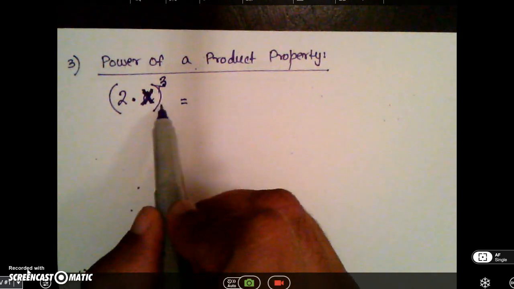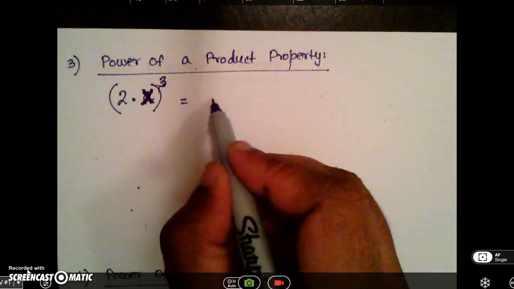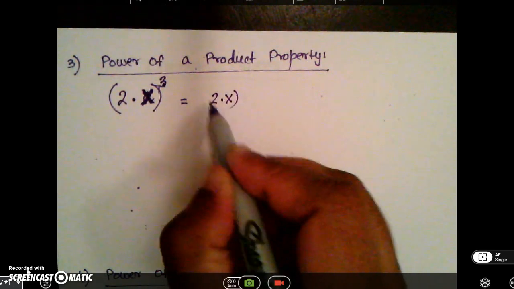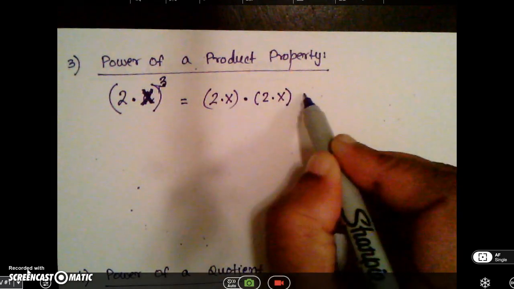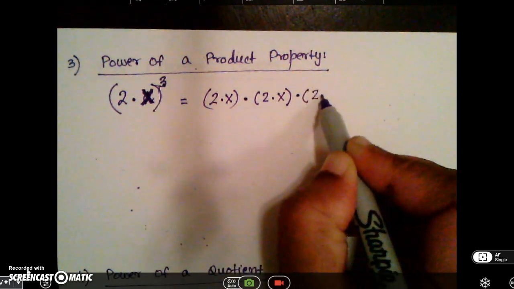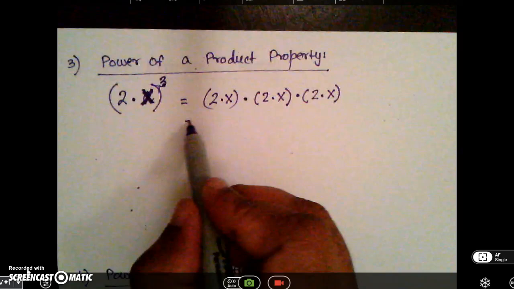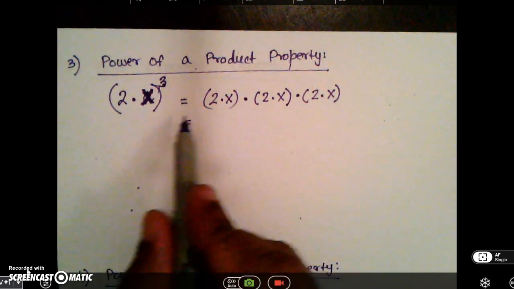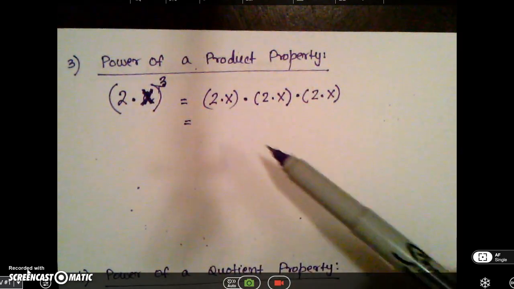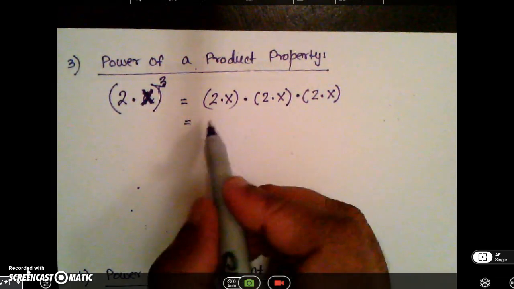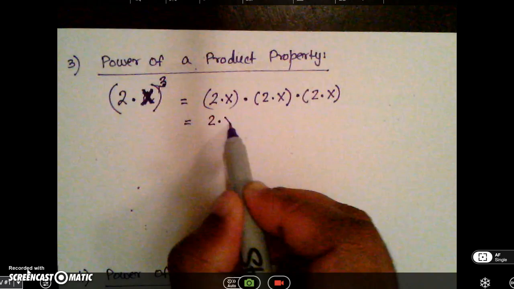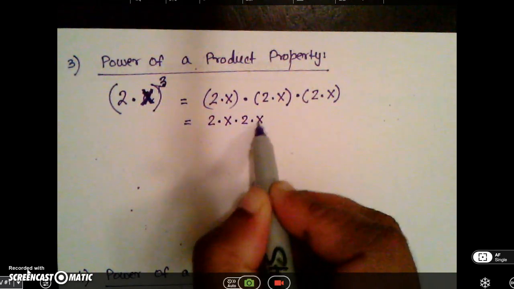Now the base is 2 times x. So it is 2 times x multiplied by itself 3 times. If they are all being multiplied, whether I have the parentheses or not doesn't matter. So if I just go ahead and remove all the parentheses, it is 2 times x times 2 times x